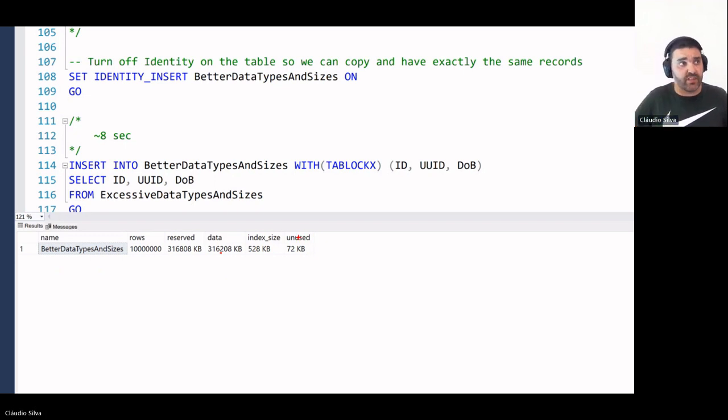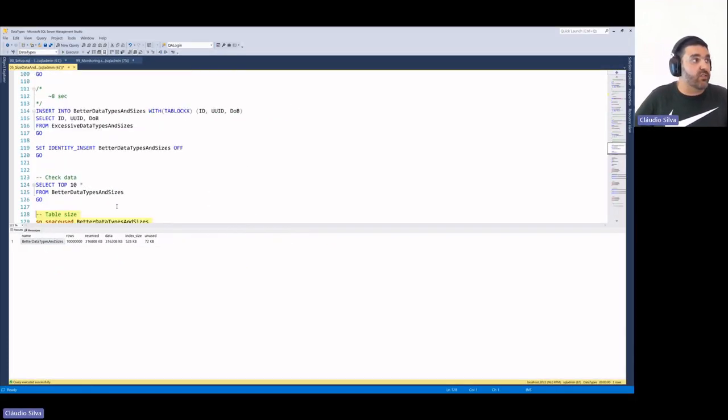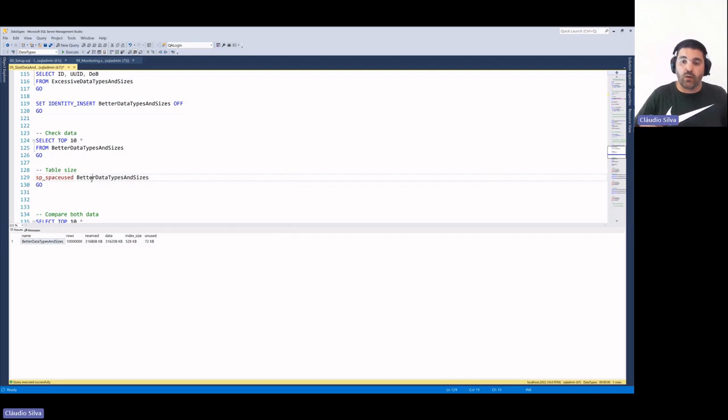Just to give an example for this situation with the data types, I worked with a client that had a table with 2 columns, an ID, which was a bigint, and a unique identifier, which was NVARCHAR 50. They had 14 billion records on that table. And you say, well, what is the problem with that? Well, none, except that they had more than 2 terabytes on that table just for those 2 columns.